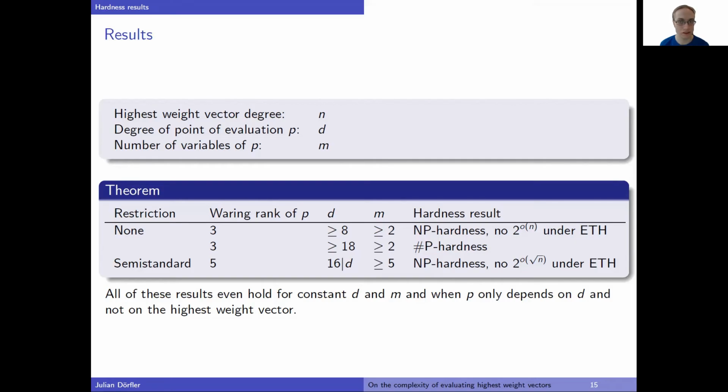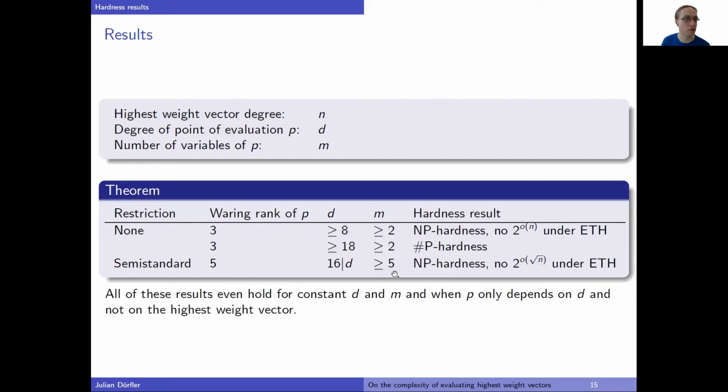So whether it evaluates to 0, even that is already hard. And here M and D can both be constant, and the point of evaluation only depends on D. So it doesn't depend on the actual highest weight vector that is given. In case we want to show hardness for semi-standard Young tableaus,